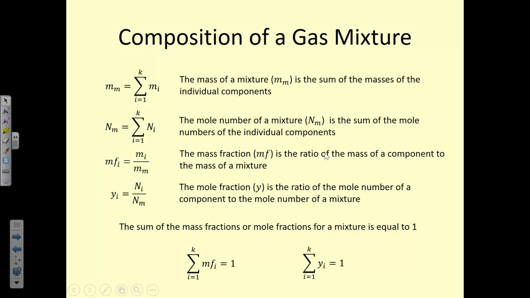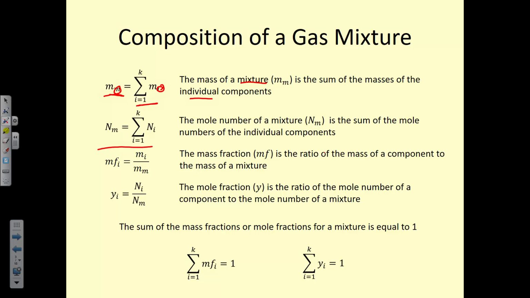So here are a few of the components that we're looking at in order to determine how these gas composites are put together. This M sub M is the mass of a mixture. Okay, so it would be the total mass of whatever substance we are studying. And it's going to be a sum of the individual masses of each component. So this I means individual, whereas the M means mixture. So mixture is M, individual is subscript I. And that will be the standard notation throughout this whole chapter.